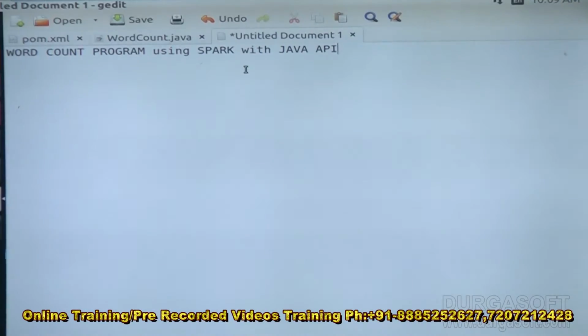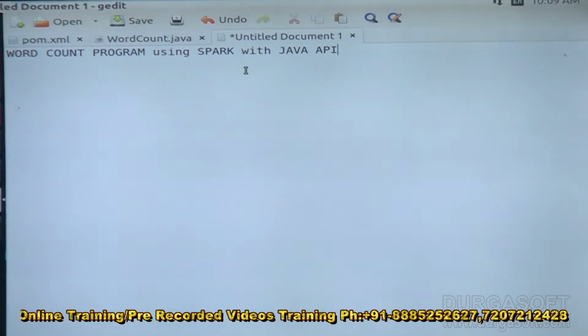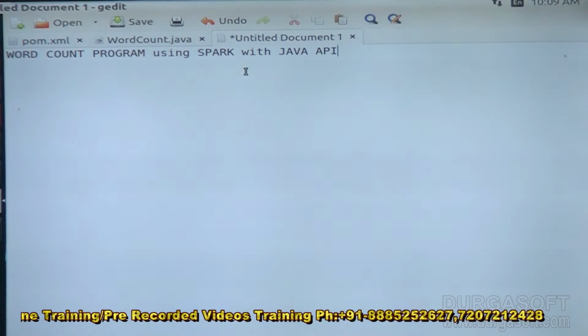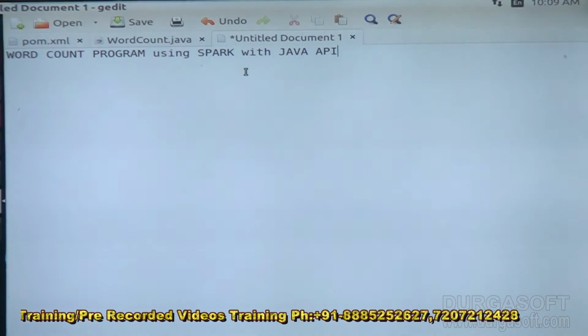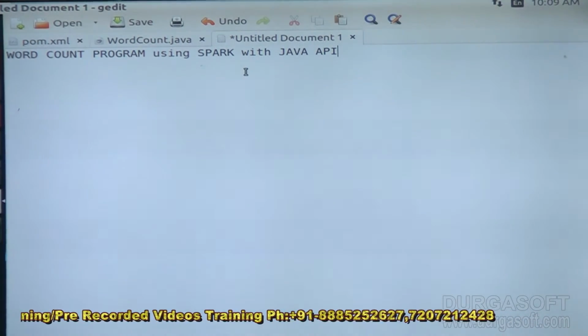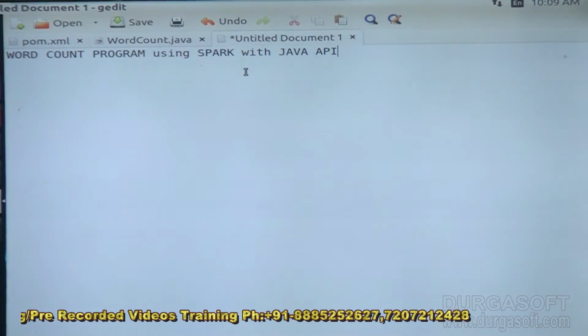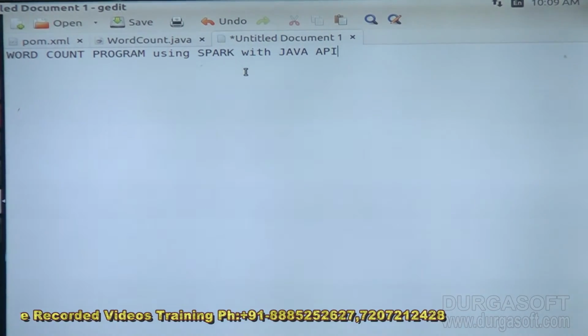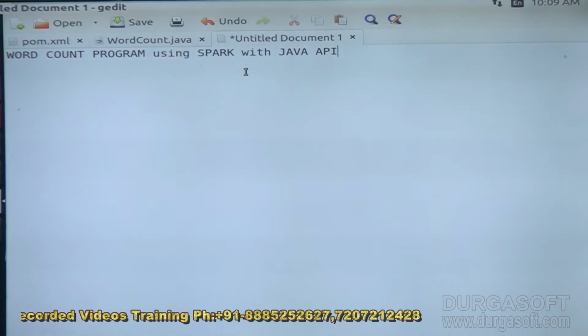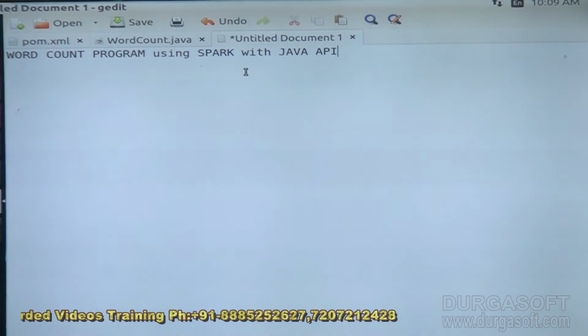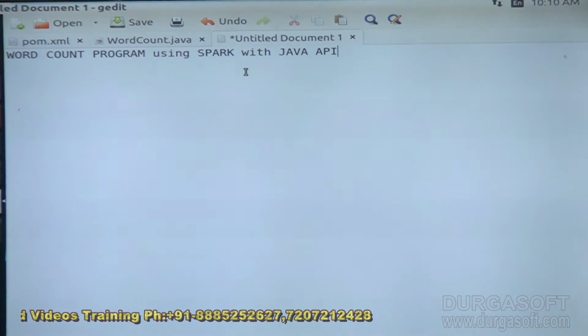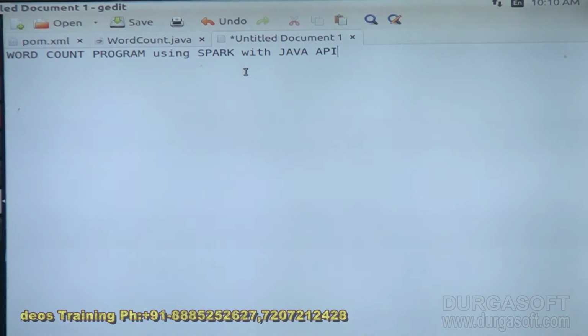Let me execute Spark with the Java API. The program name is WordCount. How to execute a word count scenario in Spark, especially by using Spark's Java API. If you want to go into detail, we have some examples of